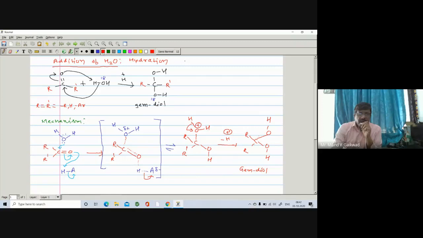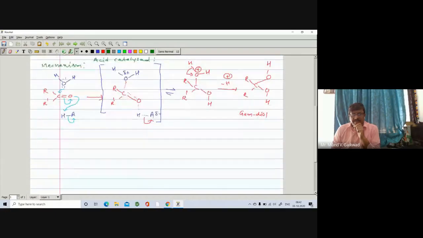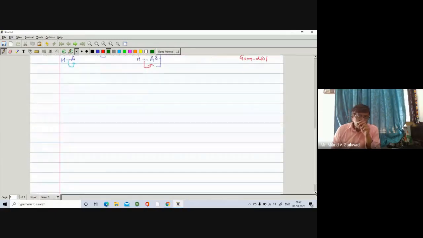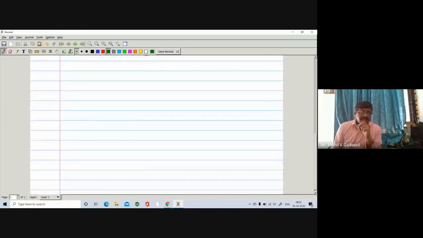So it is called an acid catalyzed mechanism. So this mechanism is acid catalyzed. Why? Because the reaction takes place in the presence of acid. Next one, the reaction takes place in the presence of base. So base catalyzed mechanism. So next mechanism we'll see of this reaction, that is number B,